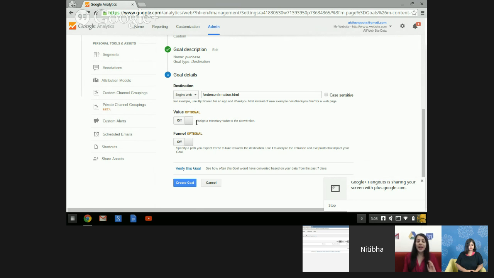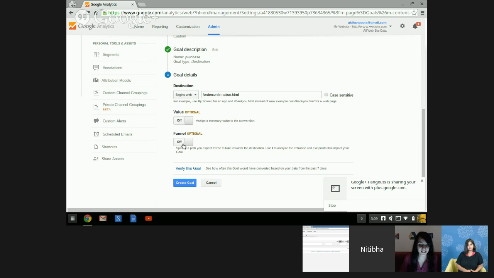Now, the goal value field here basically helps you define a monetary value for the goal, and it lets Google Analytics assign a revenue figure to the goal completion. And you need to analyze what exactly your business is trying to achieve through that goal. So if you are generating sales leads and, say, for example, on an average your sales team closes about 10% of those leads and each transaction is worth, say, $500, then the value that you will enter here would be 10% of 500, that is $50. So let's just keep it off for the time being. And let's just move on to the funnel option here.